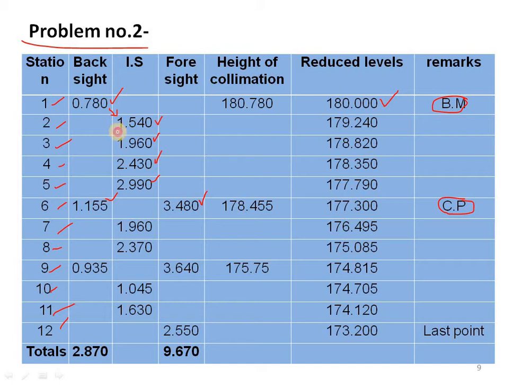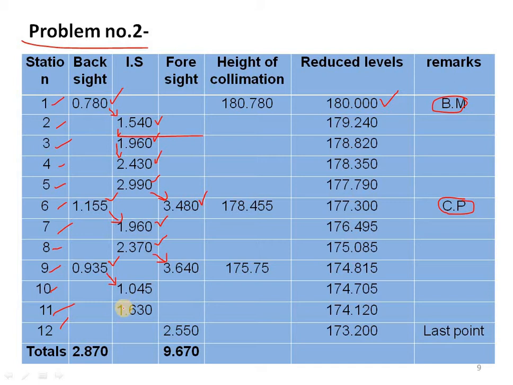So from here to here and here to here, it will be coming like this, and after that again it will come to here. Then after 1.155 again it will come to here, the IS 1.960, 2.37, and from here it comes here 3.640, that is the FS, and after that again 0.935 back side, and from here